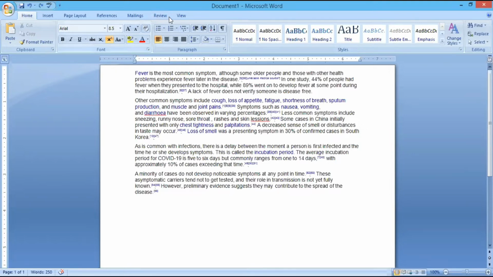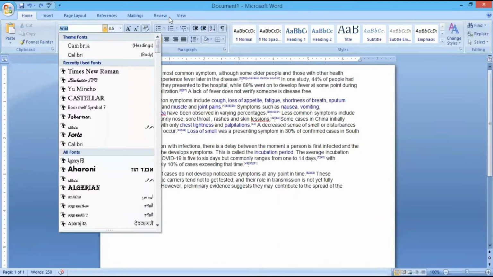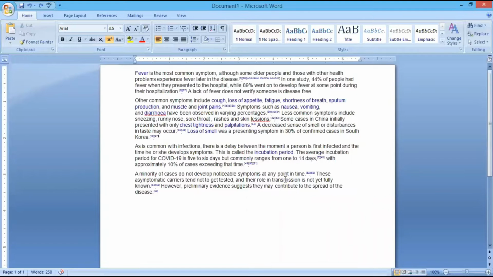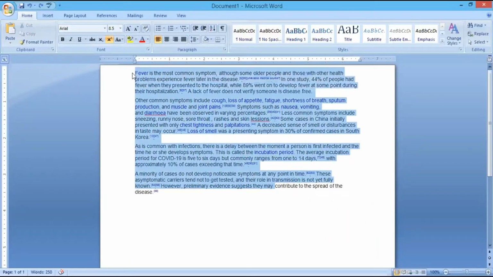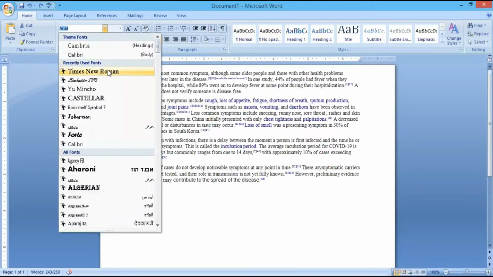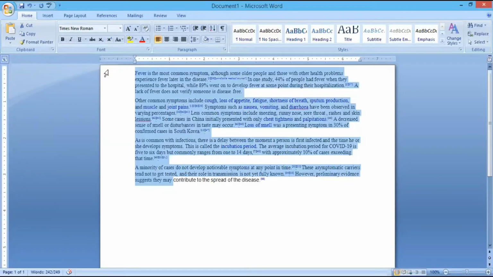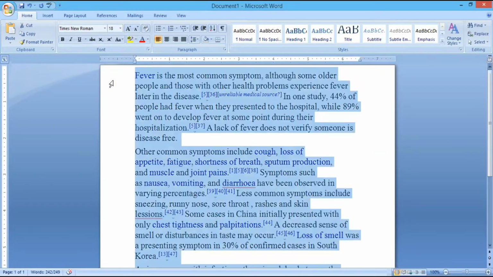See, under this font group, you have this text box which has the list of font styles. You have various inbuilt font styles in the Word document. And if you want to change the default style in your document, you select the text which you want to change, and then you change the size by clicking on here. Now, if you want to change the size, you click on the small text box near the font style, and you have the number which specifies the size of the font. I am changing it to 18 now. See, the font size has increased.